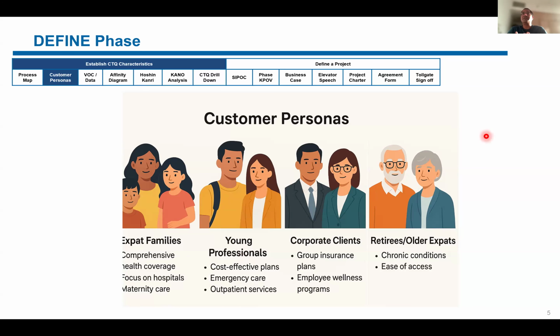So we have large corporates as well who take health insurance policies as a part of their employee benefit. And we have people who are either retired or do not have any facility from their employer, but have to pay out of their own pocket to get their insurance. So these are the four customer personas. Why is it important? Because when we devise a new process or procedure, we have to keep in mind the different requirements of these four groups. Going forward,